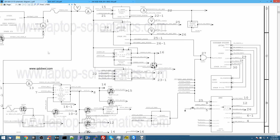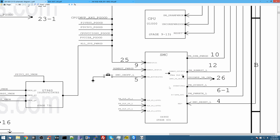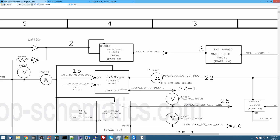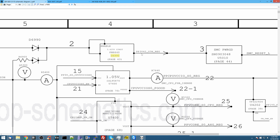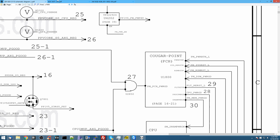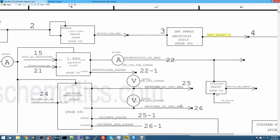So this is the SMC, right? Now the SMC is powered by PP3V42. That's one of its primary rails that it needs. So you have this little diagram, and you see PP3V42 is created by U6990. Then it goes to this chip, which is SMC Power Good, which releases SMC Reset L. And from SMC Reset L, that makes its way over to the SMC. So if we look at this,